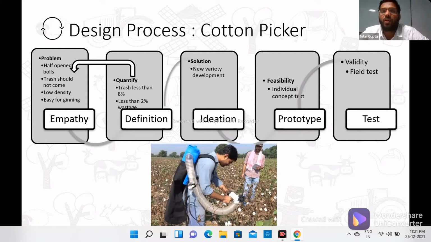Then what we did is we quantified. हमने उनको बोला, वो बोले कि ट्रैश कम होना चाहिए। कितना कम होना चाहिए ये कौन बताएगा? फिर हमने कुछ डेटा उठाया, कुछ उन्हीं से बात की, आप नंबर बताइए हमें कि नंबर कितना होना चाहिए। सो नंबर भी came out 8%। ठीक है।